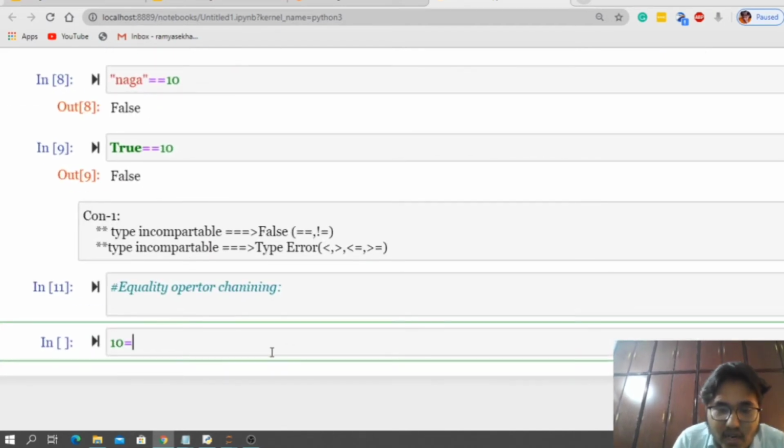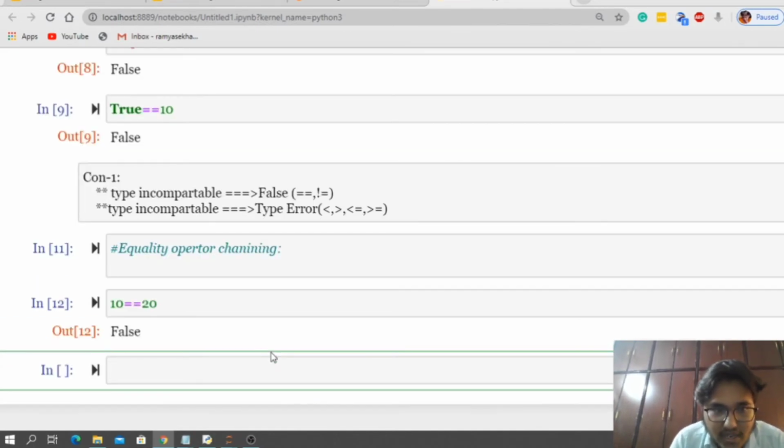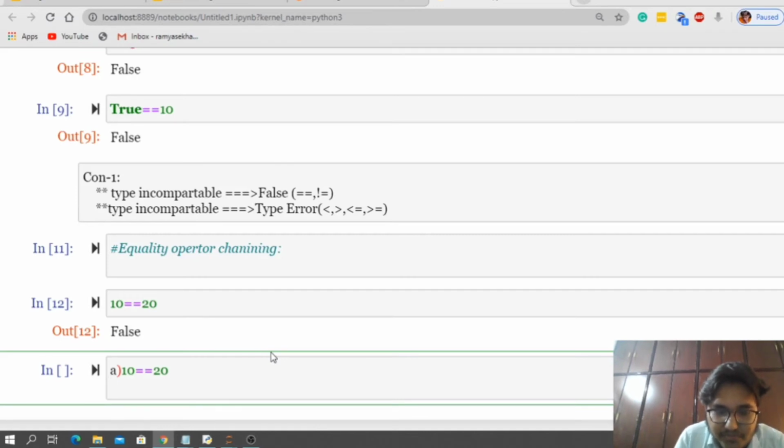See, A: 10 is equal to 20, it is false. B: 10 is equal to 20 is equal to 30.